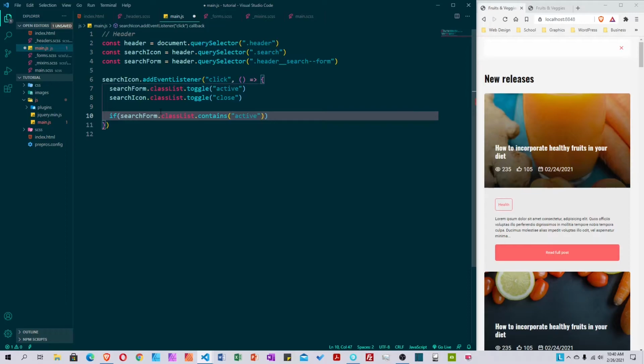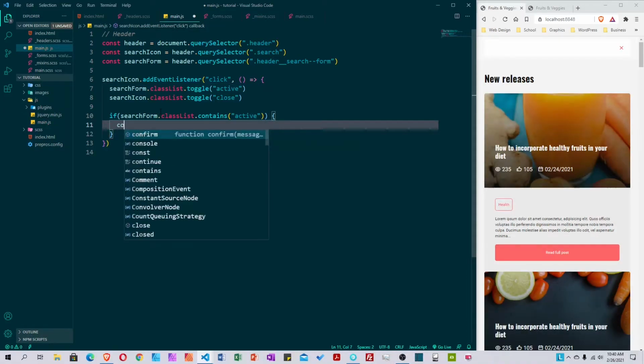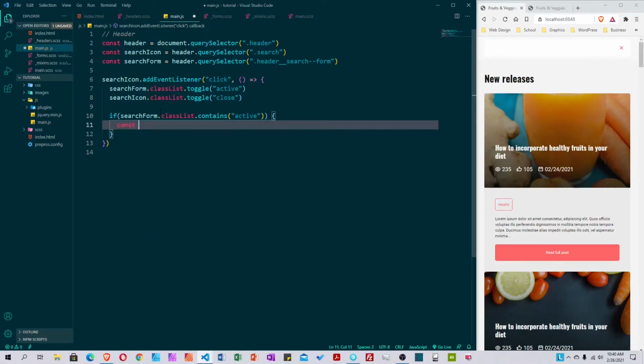If it does, we're going to create a new constant, and then we're going to get our search input. Now we're grabbing these inputs. Will be header, the query selector. Then we're going to grab form to underscore input,